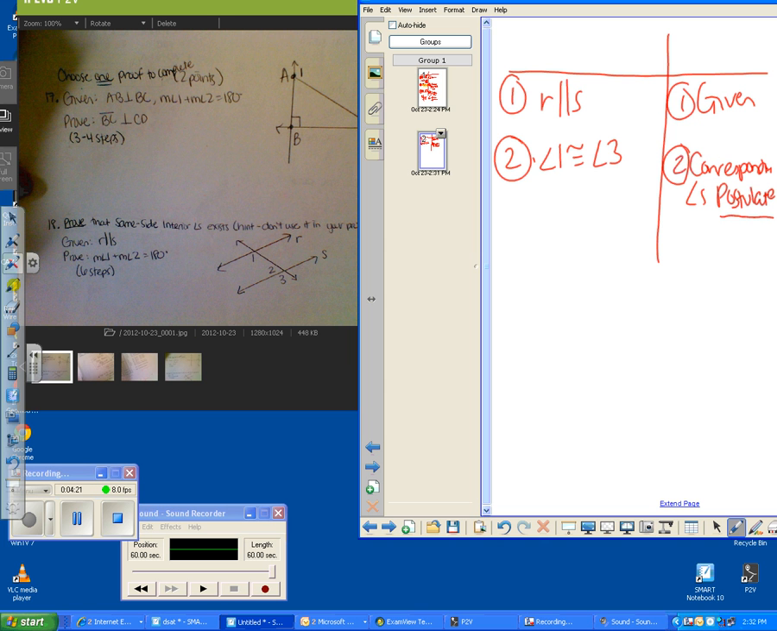That's why it's a postulate and not a theorem. It's something we believe to be true. We just accept it to be true. So, okay, I have angle 1 is congruent to angle 3 because they're corresponding angles and we have parallel lines,